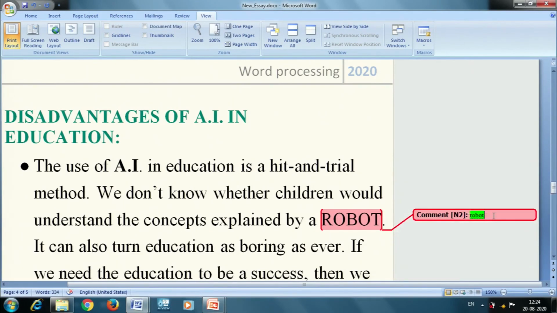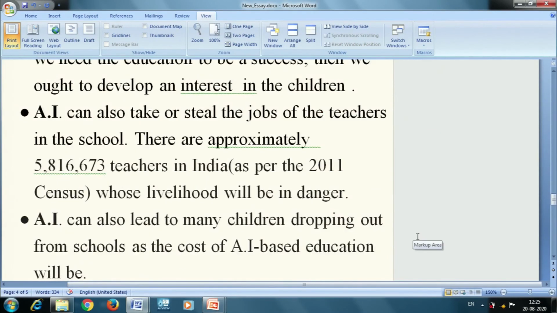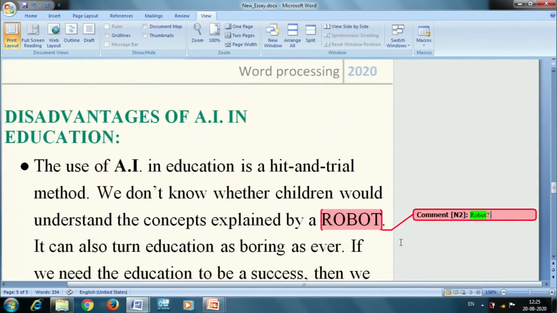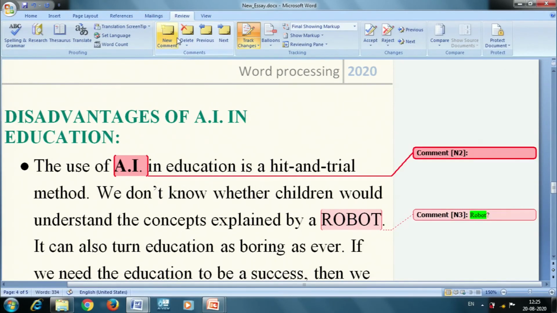Or if I want to ask them some questions, I can put some question marks here. So they will be able to understand that I am not clear about this particular section and I need some clarification. I can add that, and I can also make comments like this. Use AI, not a dot.